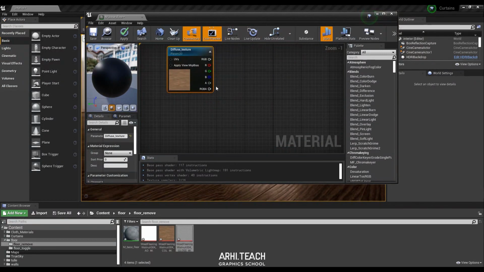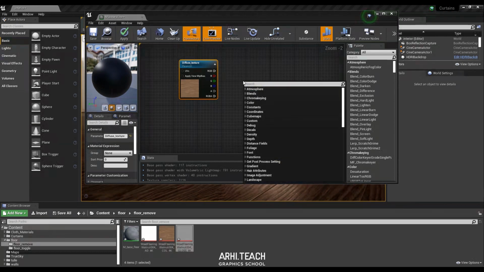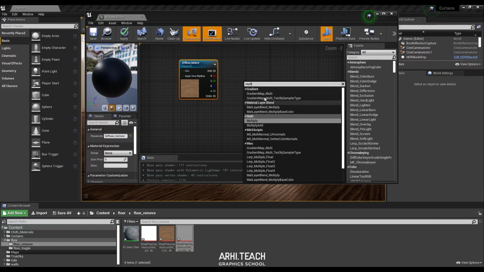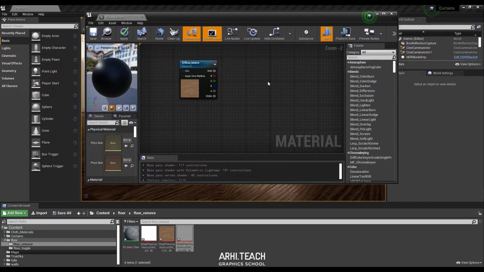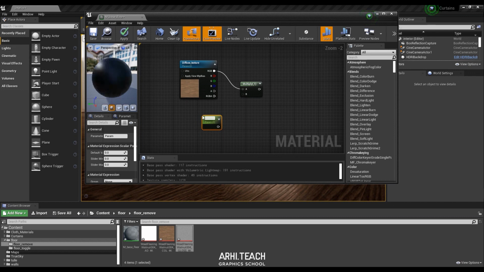Now I'll quickly explain the logic, but you can find more details in the first part. We right-click to enter multiply here, or we press and hold M. This is a hotkey, and left-click, we have the node that we need. Passing multiplication through this node, that is, the multiply function. We press S, so we create a control parameter and type in albedo here. Albedo means there is a diffuse map, in this case, lighter or darker. So we connect the control parameter called albedo to the indicator B. These are the actions we will continue to do. We will load some nodes, connect maps and parameters to them.